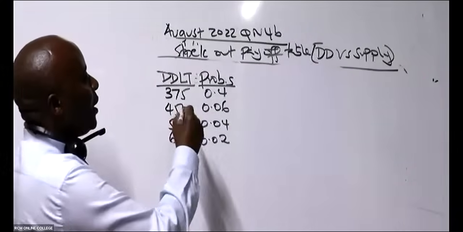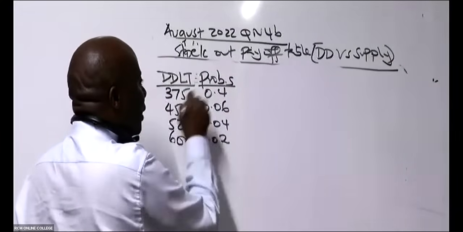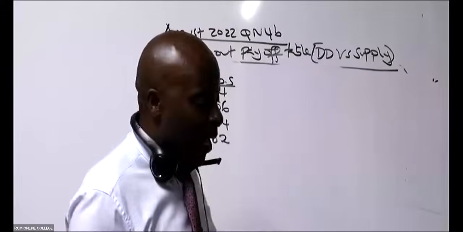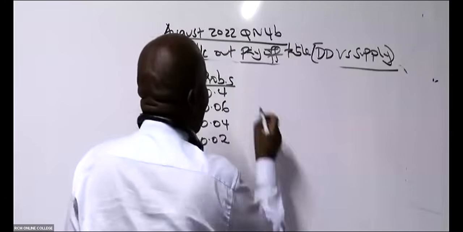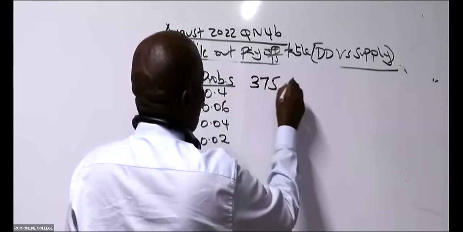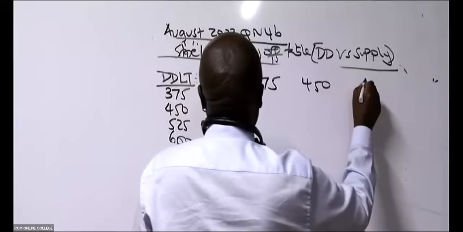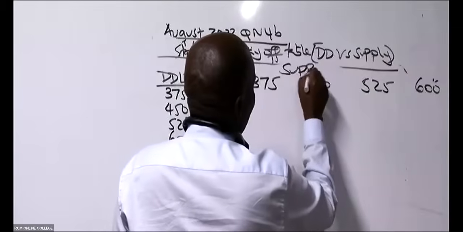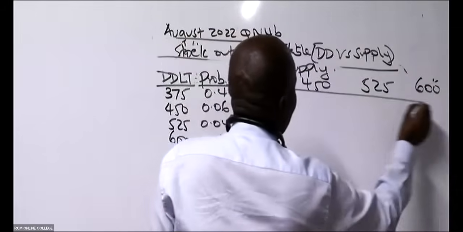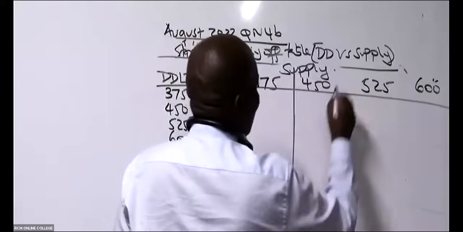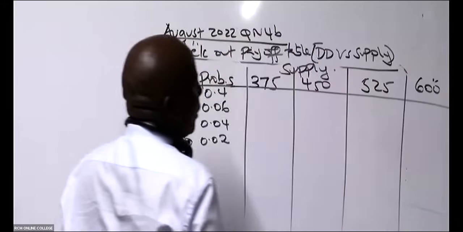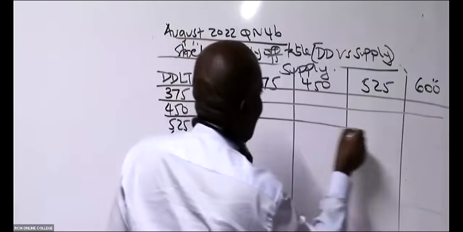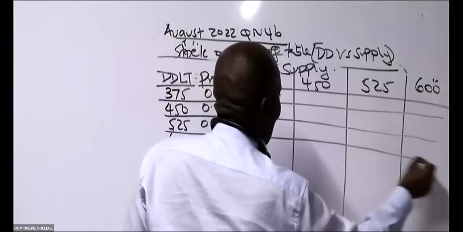So once you write this, you'll be able to come and copy these exact figures just to match the economics principle. Demand versus what here? Supply. So please come here and give us our supply numbers. We have here 375, 450, 525, then 600. So these are supply figures. Do a good stock out table. You guys are lucky because your books have these lines. You don't have to draw them.